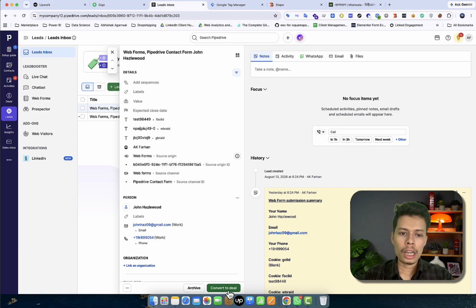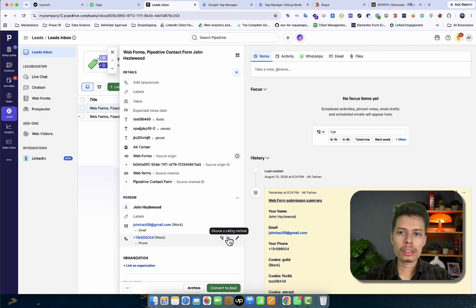Okay, and we also have to send this to Google Ads, feeding it the data on who is qualified and who is a converted customer in your CRM. But sometimes 90% of people just send a form submit conversion to Google Ads. Okay, and that's not enough to optimize your ads in a better way. And to send the deal information data to Google Ads,